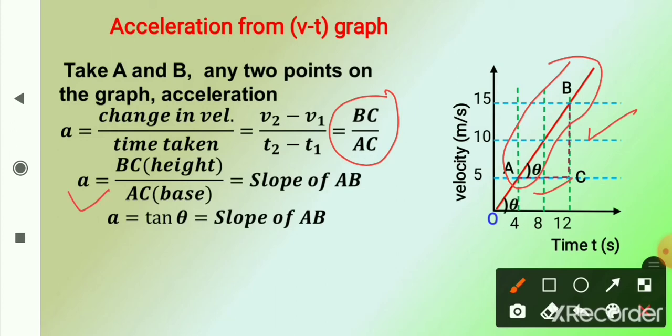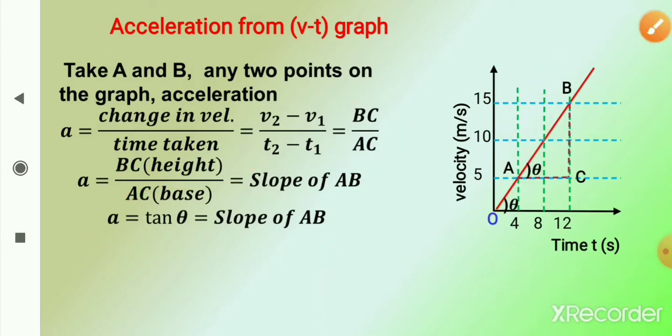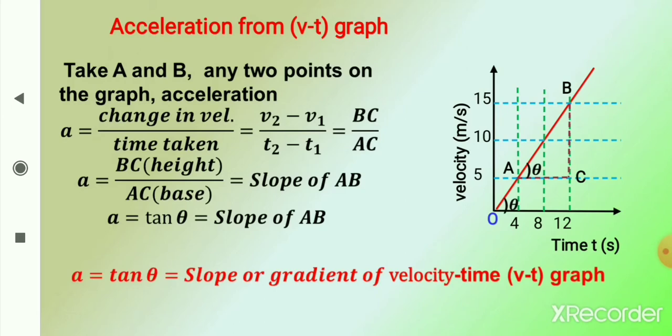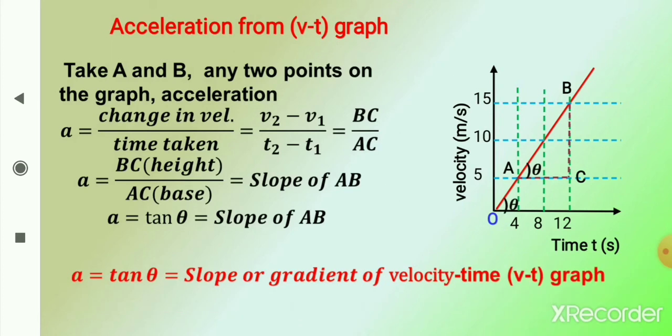So acceleration is BC upon AC, that is slope of AB, and it is also equal to tan theta. So acceleration is slope of AB. Now this AB is a line segment along the given graph. तो acceleration इस पूरे ग्राफ के स्लोप के बराबर होगा. So now we get a general relation that acceleration is slope or gradient of